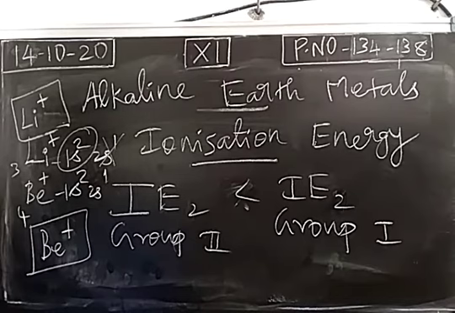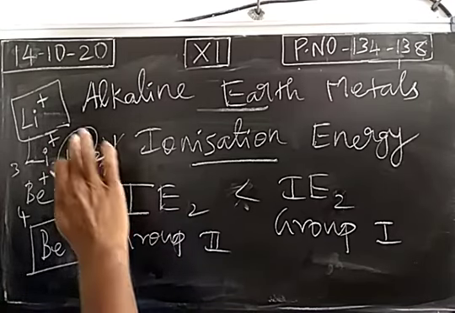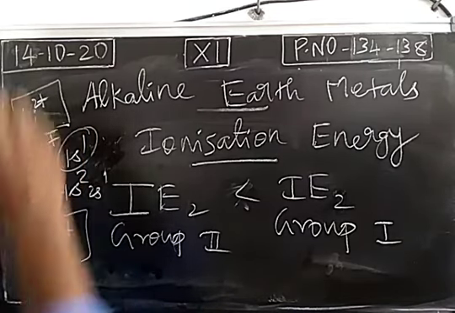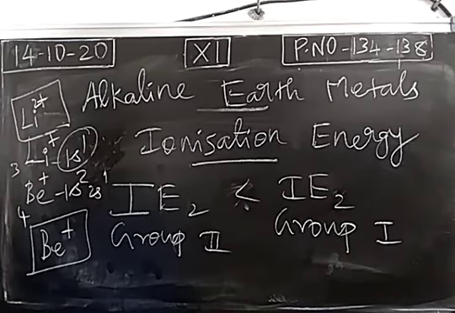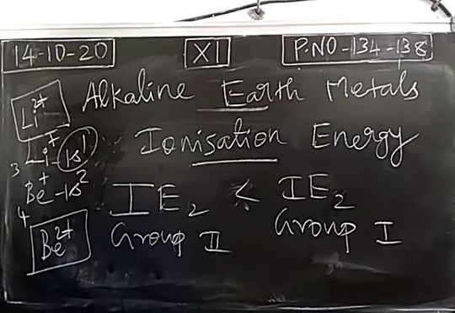Now I am going to remove one more electron, so it's called the second ionization energy. Energy required to remove the second electron from the cation. After the formation of lithium cation, I am going to remove one more electron. So this will become 1s1 and it becomes lithium 2 plus. And one more electron will be removed from beryllium cation. This becomes 1s2, it becomes beryllium 2 plus.